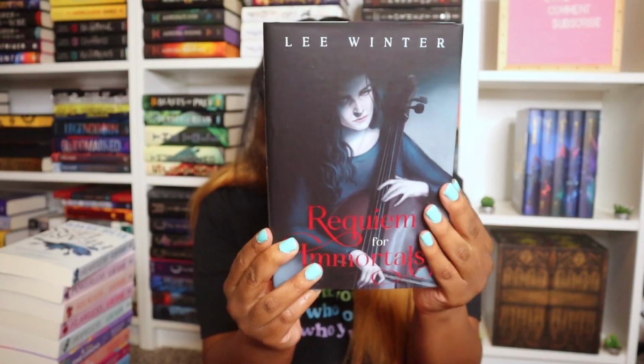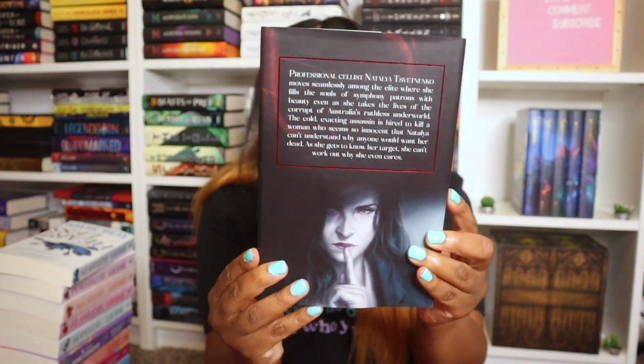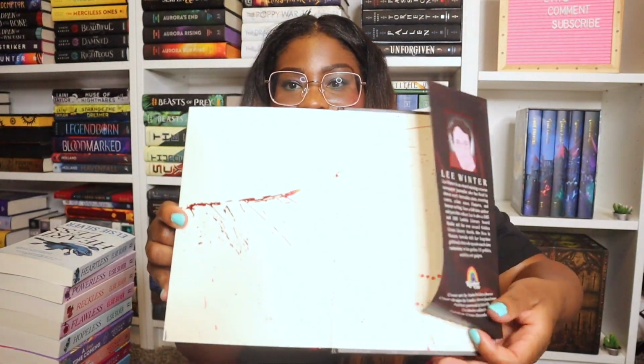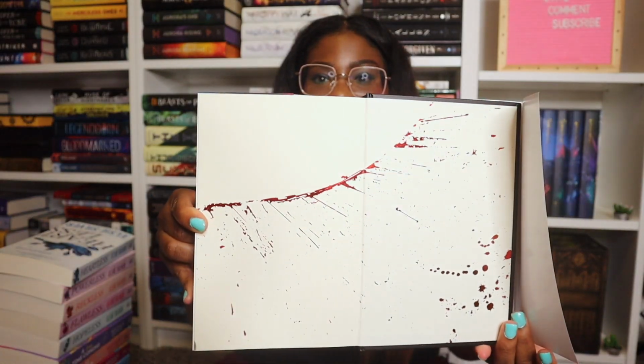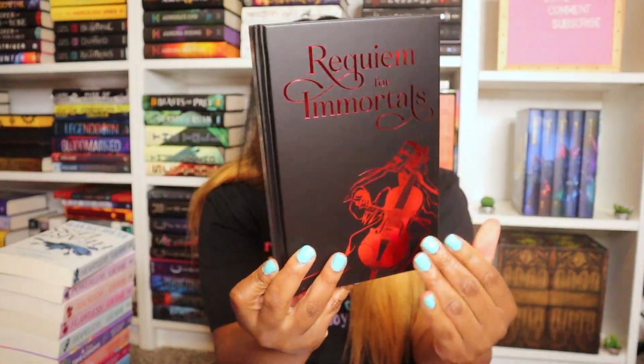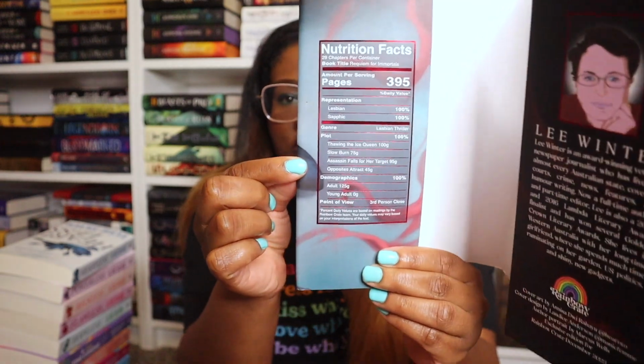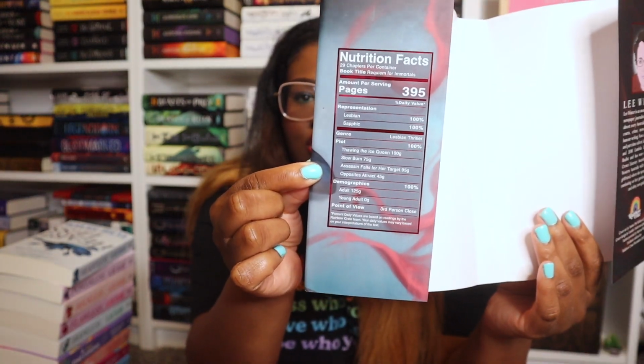Oh, I cannot say that. Requiem for Immortals by Lee Winter. This is the cover. I think it looks so pretty. This is the back. Here are the end papers. And then the back one has like this cool blood splatter. I love that. And then this is the naked cover. I am obsessed. And the coolest thing that they do, they have these like little nutrition facts here. I really love that, and it tells you like the different tropes and representations here,